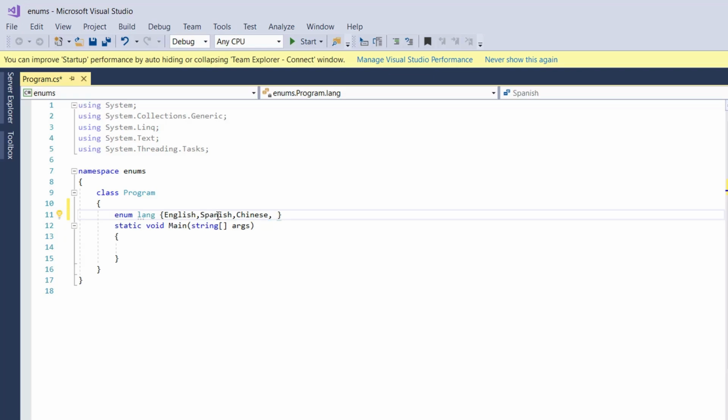Then which other ones do we have? We have French. Then we have Igbo. Then we have so many languages in the world that you can name all. We also have Portuguese. I don't know if that is the correct spelling of Portuguese again. So we have Portuguese and I can name all these languages. Now, if you want to